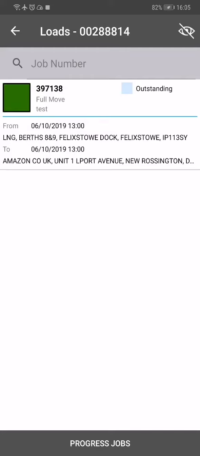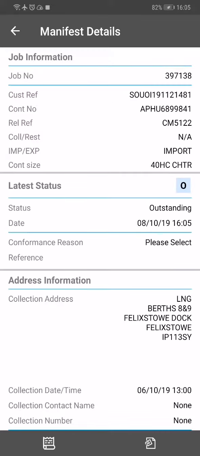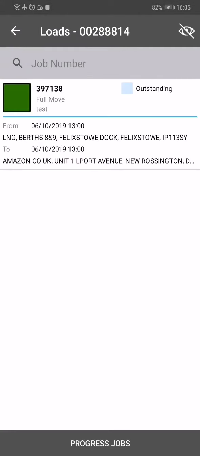Okay, and this is where you update the progress of the job. So you can see a button at the bottom that says progress job. Okay, so at the top you've got the green box, and then next to that you've got outstanding. That's the current status of the job because we haven't updated anything on it yet. So if we tick in the box and then hit progress job,